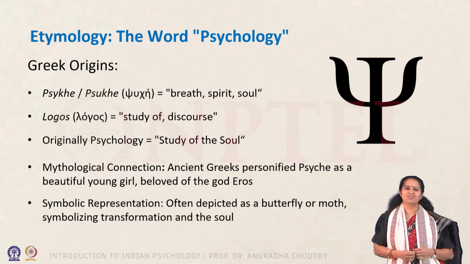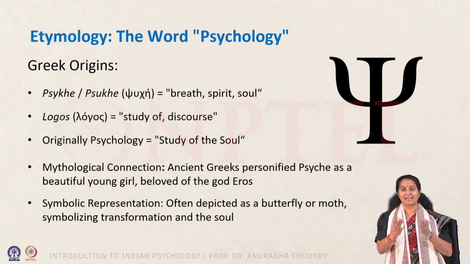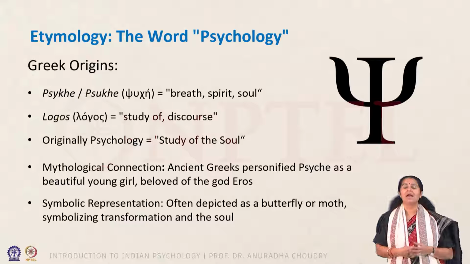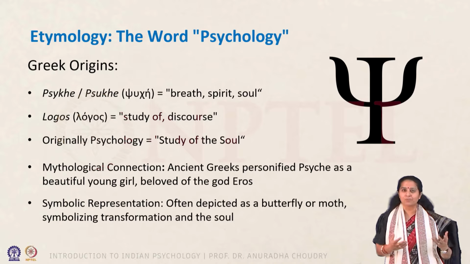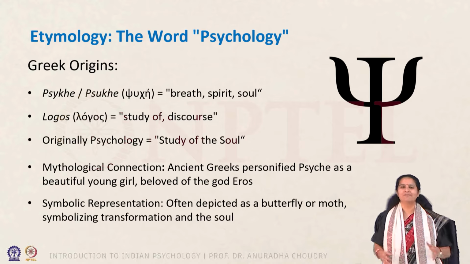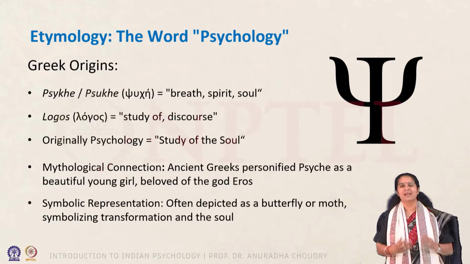There is a mythological connection to it, because the ancient Greeks personified Psyche as a very beautiful young girl, and there's a lovely story of her love affair with the god Eros. She was so beautiful that Aphrodite, the goddess of beauty, was jealous, and she sent her son Eros, the god of desire and love, to try and tempt her away. But he himself fell in love with her, and he had a condition that she should never see his face. But she couldn't resist the temptation, and other people were inciting her to break her promise. So she goes and sees Eros's face, and he has to leave her, and then she has to perform several tasks to eventually get Eros back again.